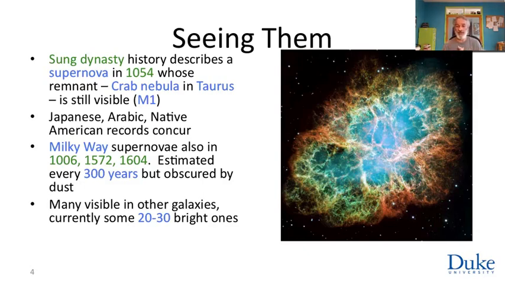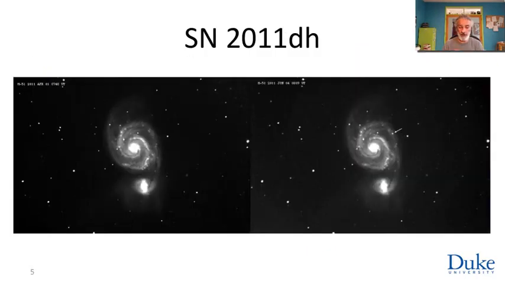Most of them, as most things are in the Milky Way, are far away from us and are obscured by the dust in the disk of the galaxy. So we actually observe many more supernovae in other galaxies than we do in our own, because we can view them edge on and don't have to fight with dust extinction. And another fun example is this supernova in 2011 in M51, the beautiful Whirlpool galaxy,